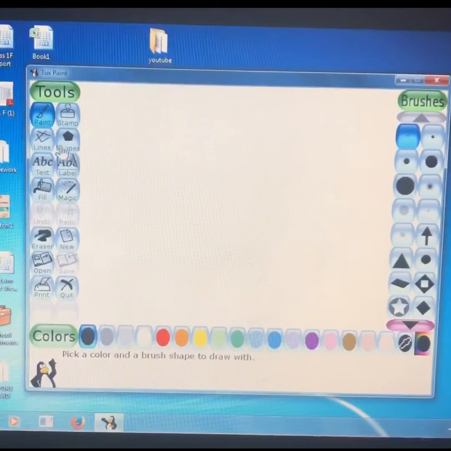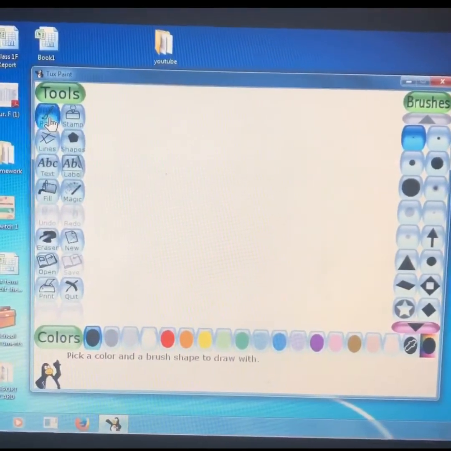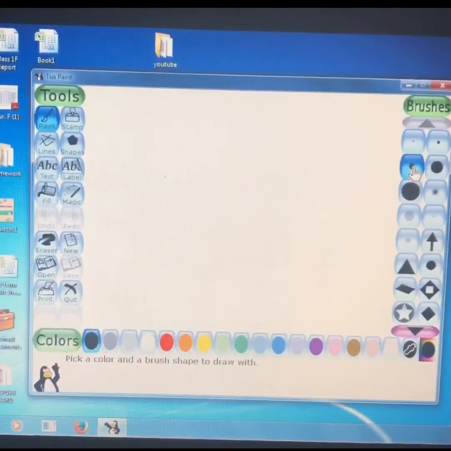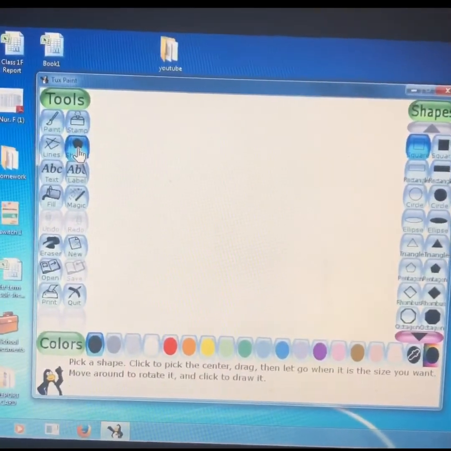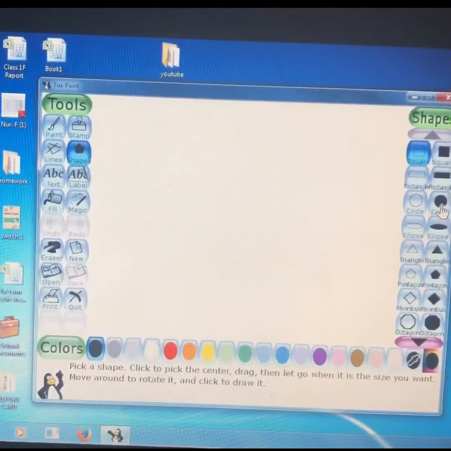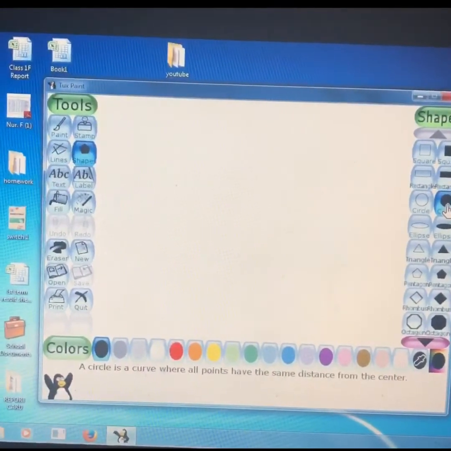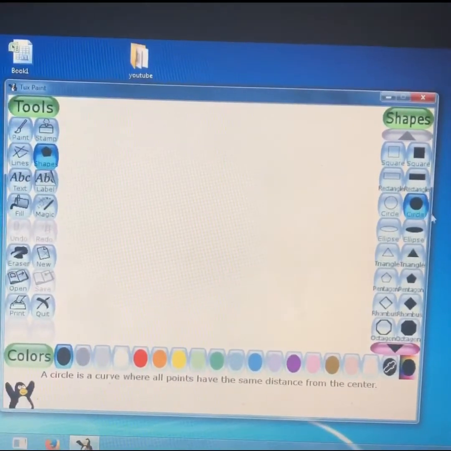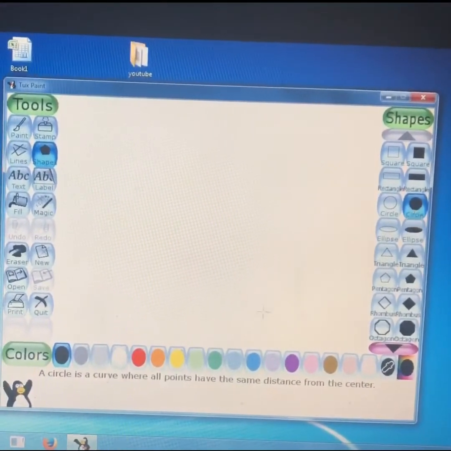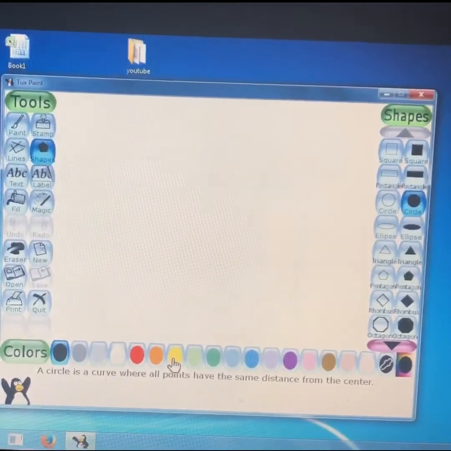First of all, choose paint option and take brush size, this one. Then go to shapes and take the shape of a circle, filled circle. Okay, shapes, then from the selector, filled circle, and I'm choosing here the color yellow.